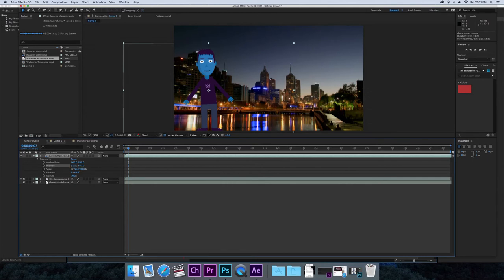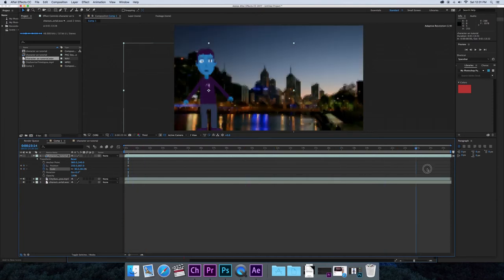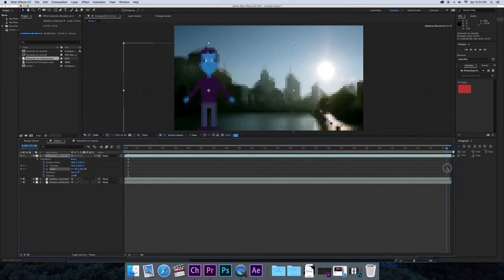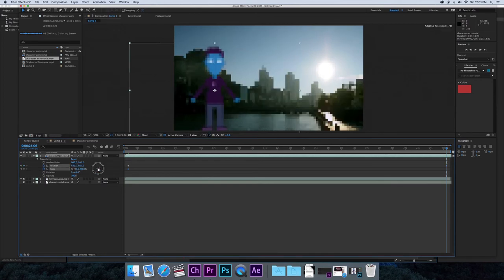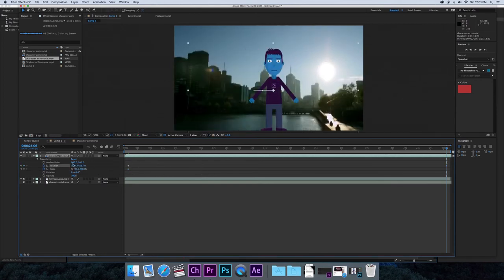Okay, and we can actually animate him from within After Effects. So I'll move this, get the scale right, get the position right, and there's what looks like a timer there. I click on that, and I click on position, and I click on scale, and that creates what we call keyframes. These two little dots here. Now I'm going to move my playhead to the end of my composition, and go back to where it's got position, and where it's got 350 there on the left hand side, I'll just stretch that across,